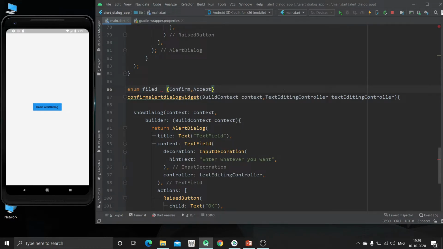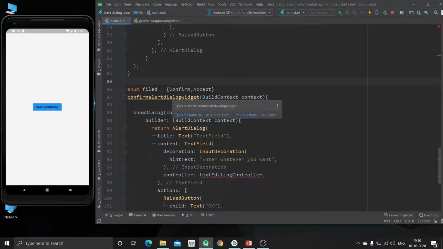Now we are just going to remove this thing. We are going to provide some actions to the user, like the user wants to confirm anything or the user wants to accept the message which we have specified. So for that we can use this confirm action widget.